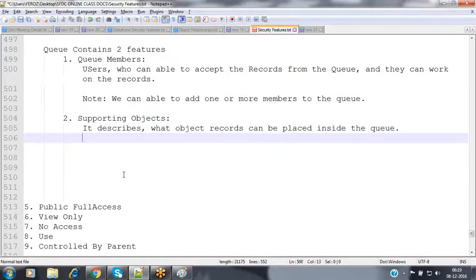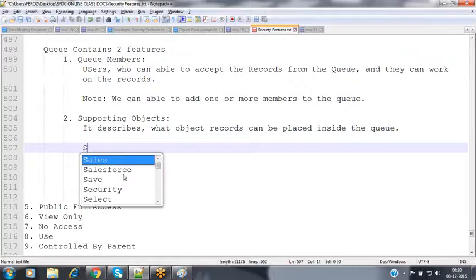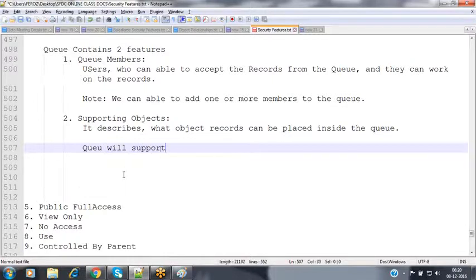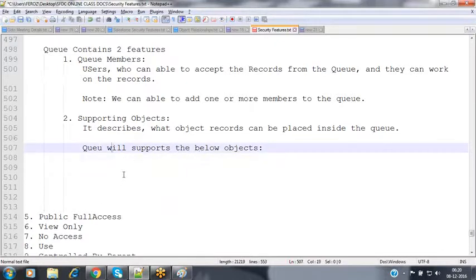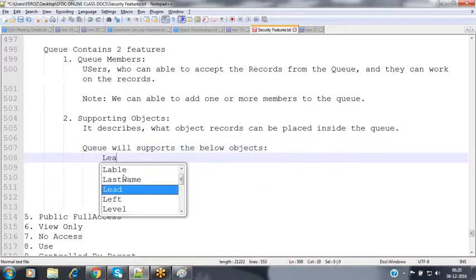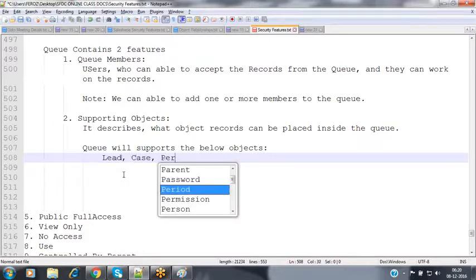What object records can we place inside the queue? Now, a queue will not support all the objects of Salesforce. Queue will support the below objects. What objects are supported by the queue right now? What object records are we able to place inside the queue? Queue will support only a few objects like the lead object, case object,